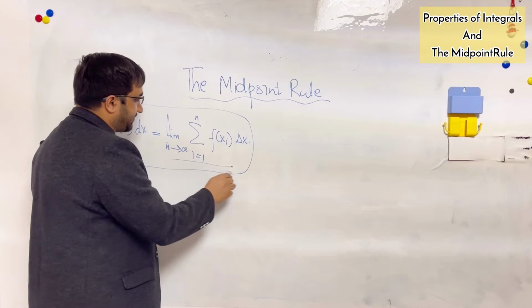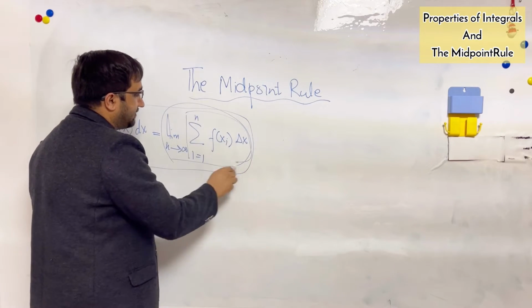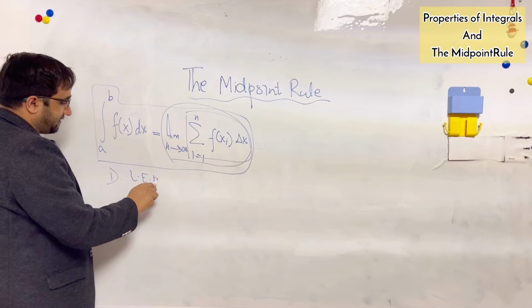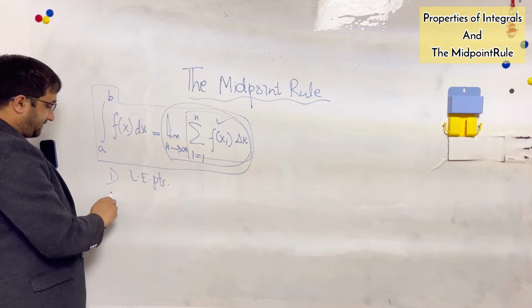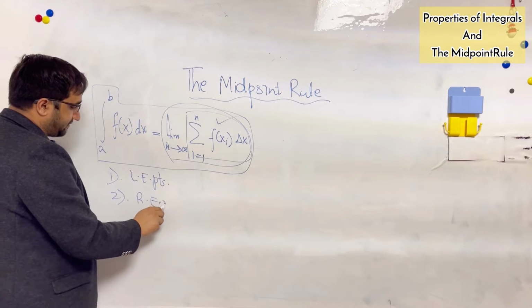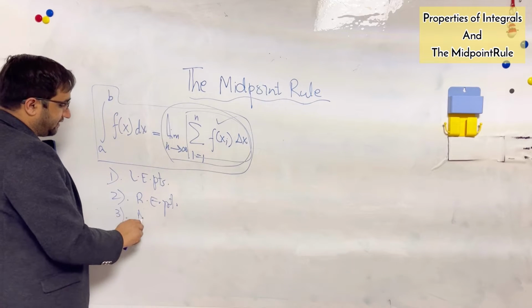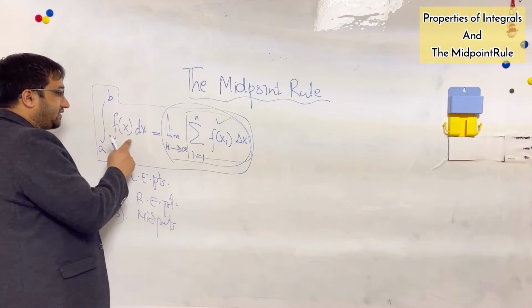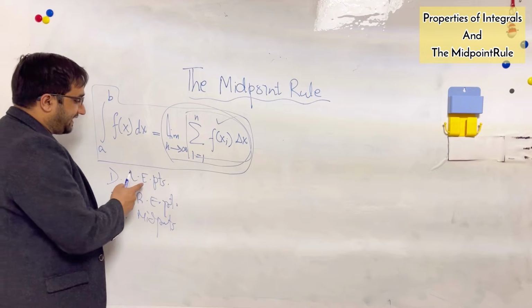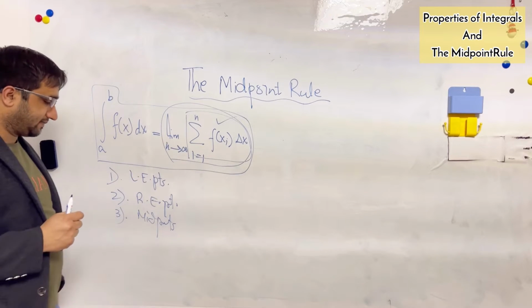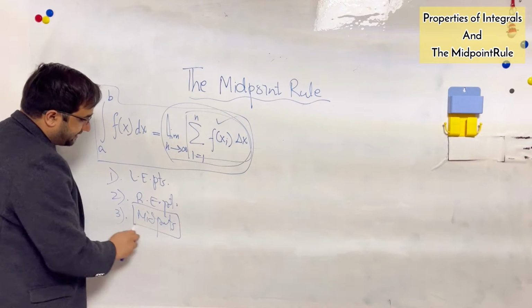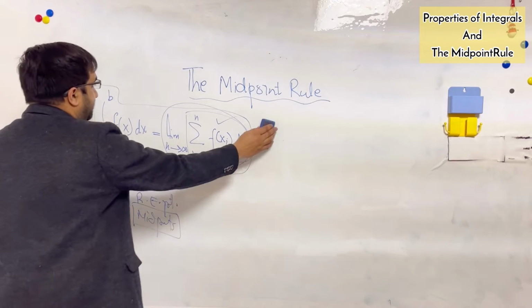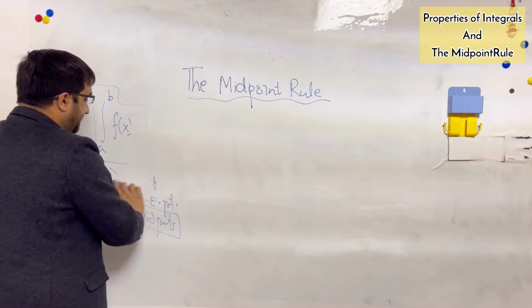And for this, we have already tried 3 different types of methods. One was using the left endpoints, second was using the right endpoints, and the third was using the midpoints. Yesterday we tried to solve a question, and we applied the left endpoints and the right endpoints. But we also have the procedure of following the midpoint rule, so we can apply the same rule here